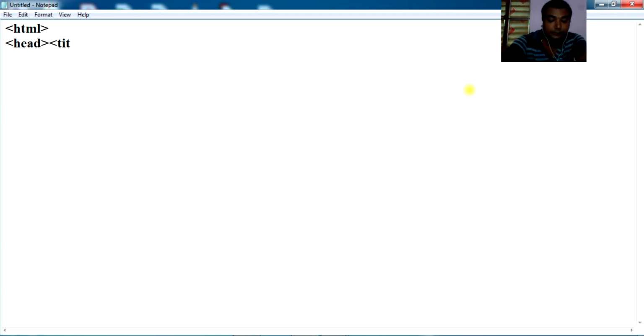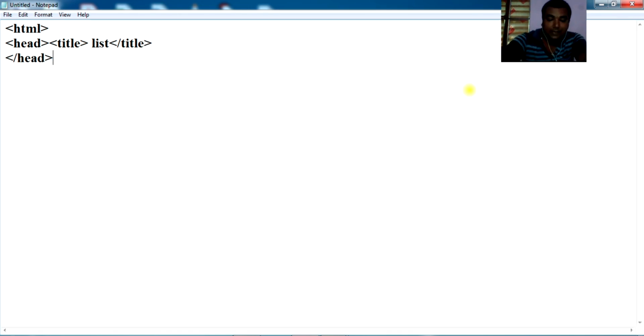You can give any specific name to the title. It will be displayed at the top of the title bar. Suppose I am giving here list. Now close title. The title tag is a type of container tag. At last you close head.